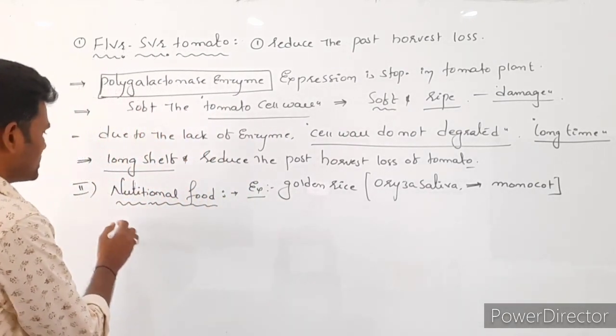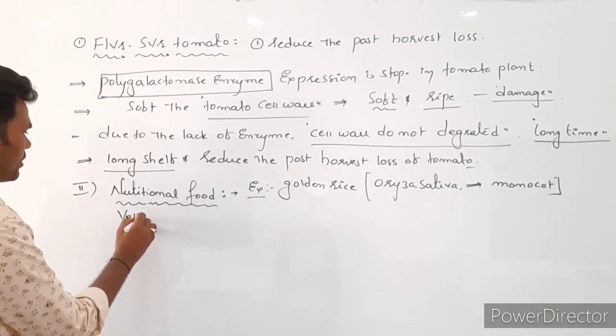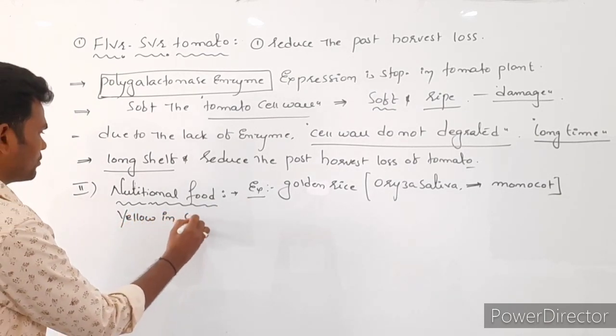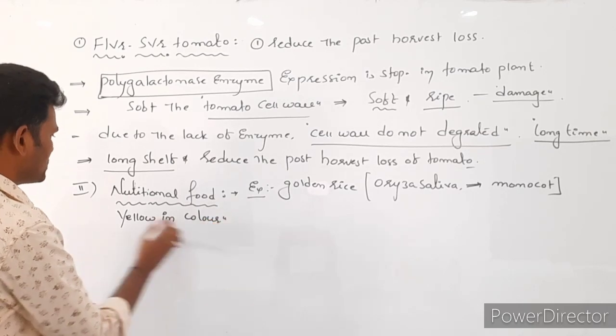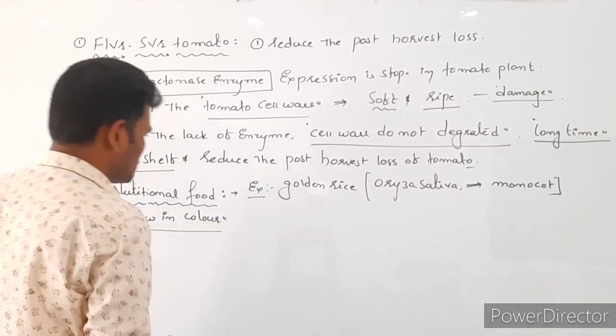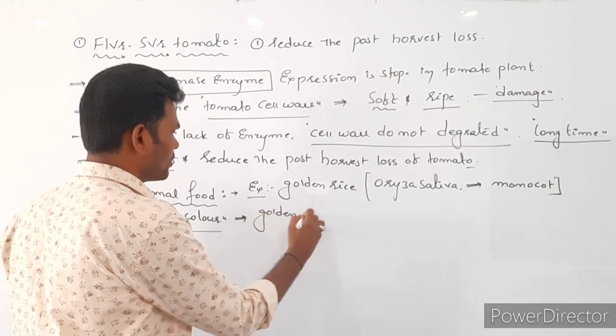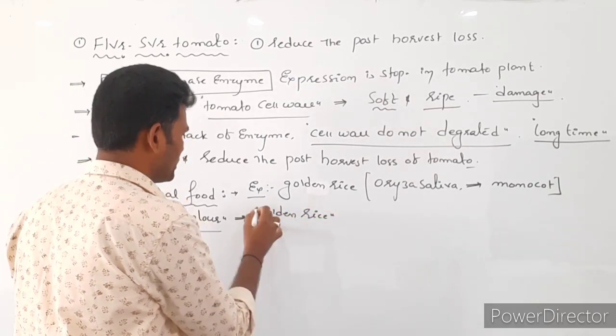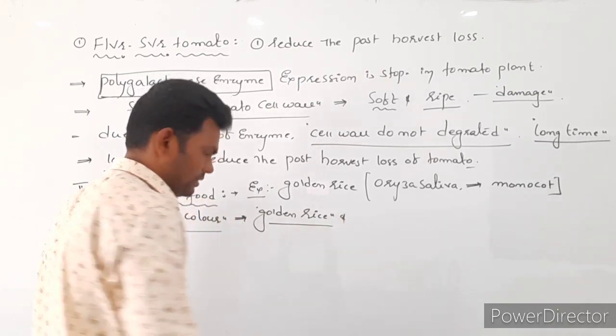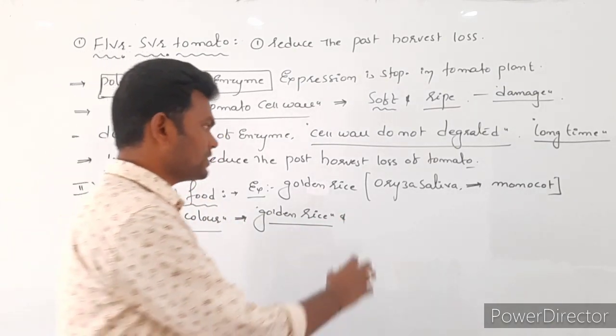Next, the rice is yellow in color. So that's why it is called what? Golden rice. Here, three genes